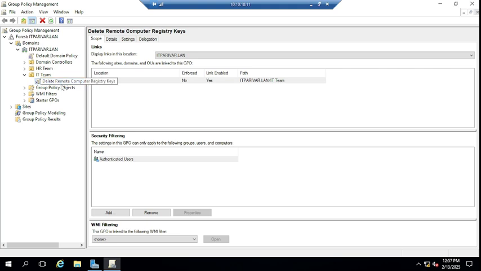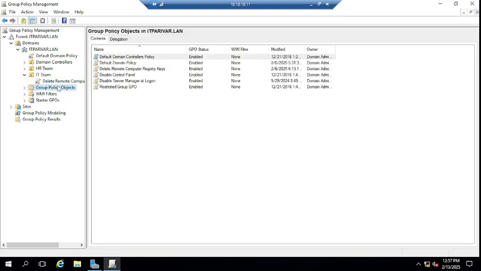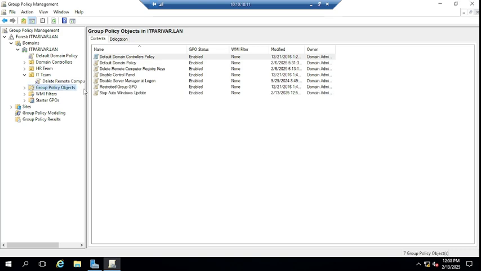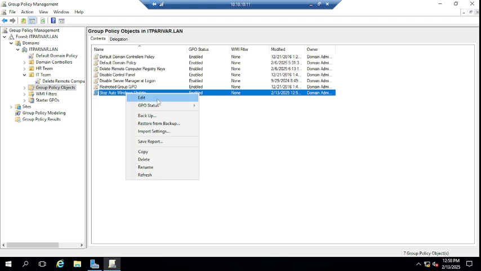I have a few policies here, but I am going to create a new group policy for disabling Windows update. I am going to name it here like stop auto Windows update. Click OK. You can see under Group Policy Objects, this stop auto Windows update policy has been created. Now I am going to configure this. Just right click on this, click edit,